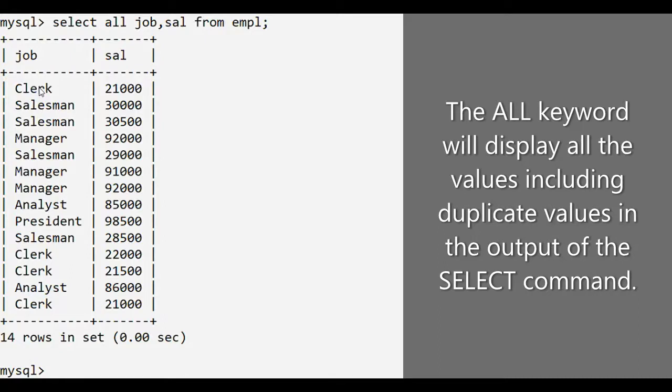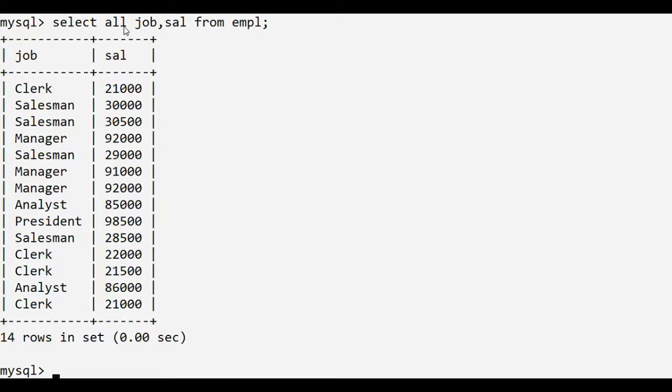So clerk 21,000 appears 2 times, manager 92,000 appears 2 times. That means the all keyword is optional. Even if you do not write the all keyword, duplicate rows by default appear in the output. So the all keyword is just meant to increase the readability of the command.